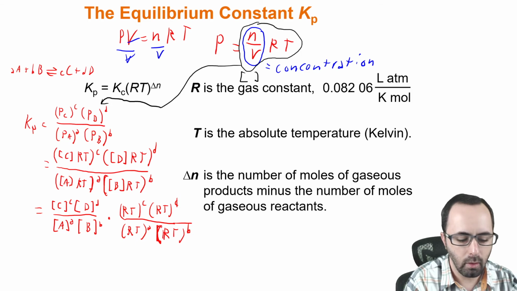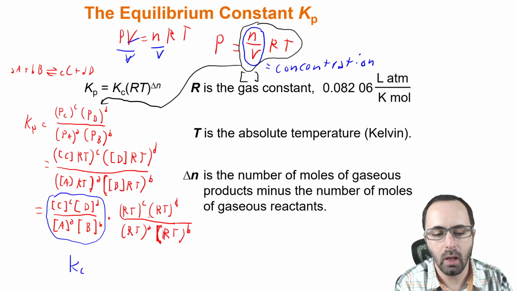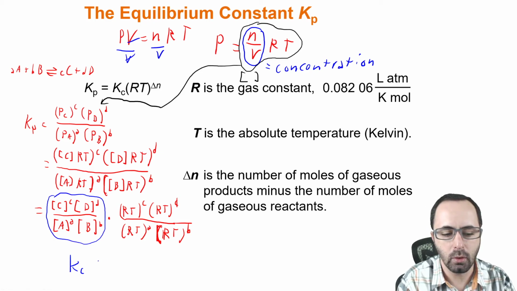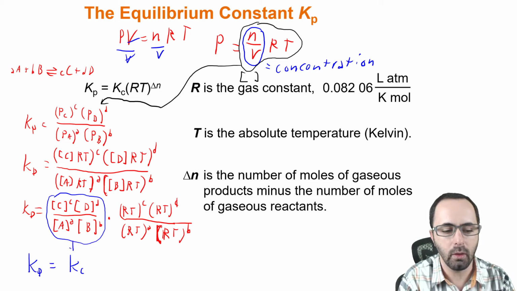Well, all of this right here, well, this is just Kc. And then the rest right here, we have Kp all the way down here, Kp. So now I'm just going to write the last part in blue, Kp equals Kc, so that's all this right there,